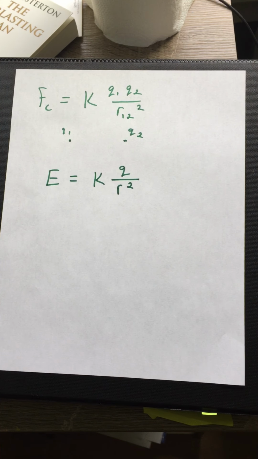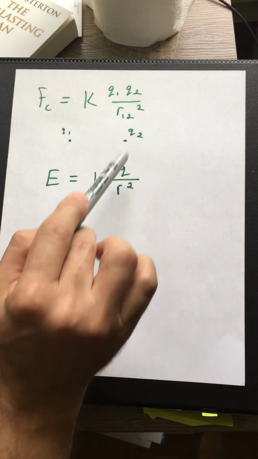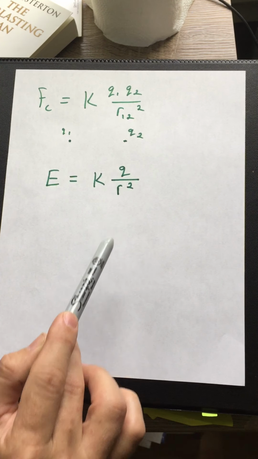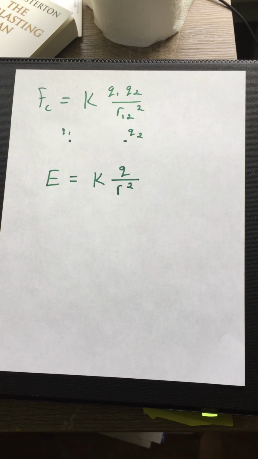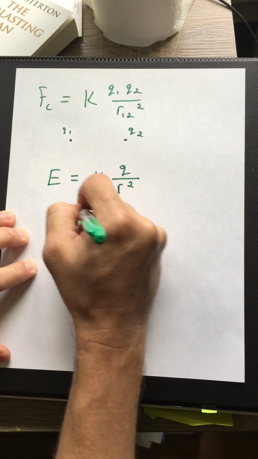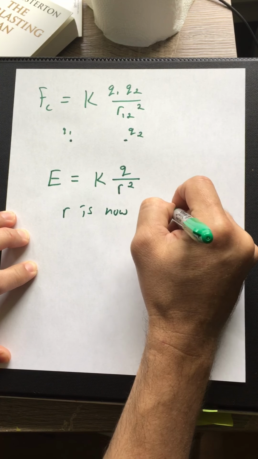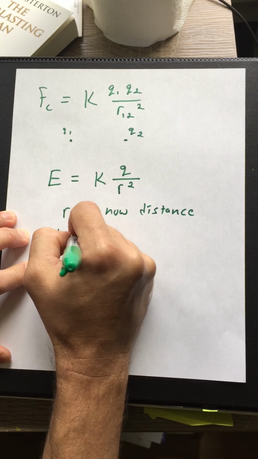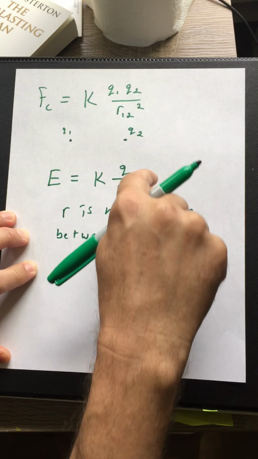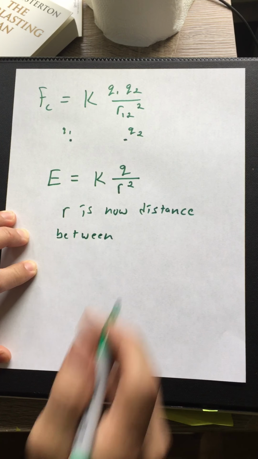Now, you might notice there are no subscripts here, right? I don't have charges 1 and 2 now, I just have one charge. So the subscript 1 doesn't make a whole lot of sense because that's all I have. What might not make sense though is the subscripts here. This was the distance between these two charges. Now I don't have another charge, and so I've got to redefine what that R is. That R is now the distance between this source charge here, that is the source of this electric field,